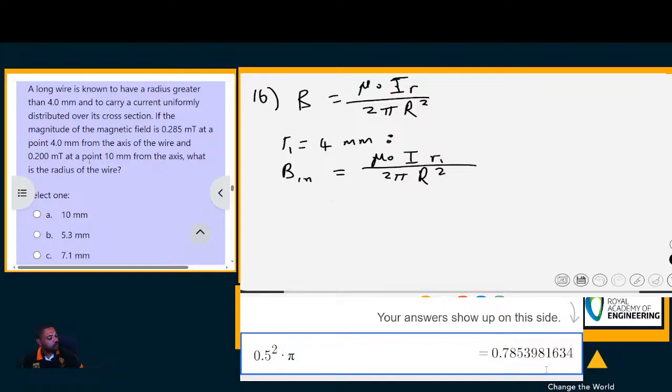Okay, so outside the wire, B outside the wire, where R2 is equal to 10 millimeters, we have mu naught I R2 over 2 pi R squared. This R squared value here, big R, capital R, should be exactly the same for both of them. Okay,